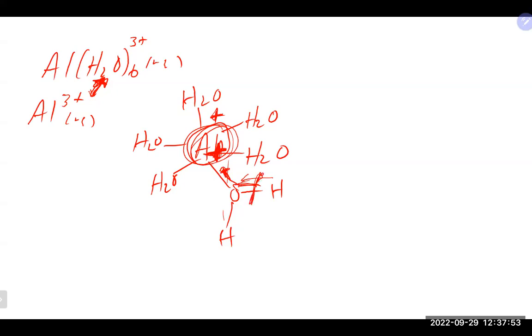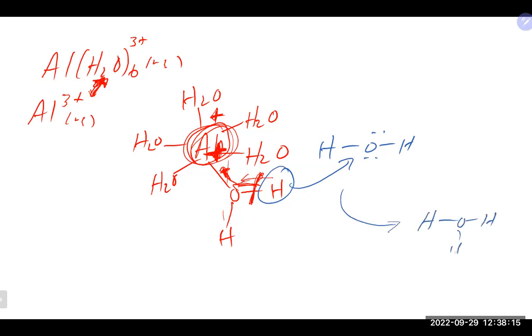That's going to weaken this bond pretty good. And what's going to happen in this situation is just a regular water, a plain H2O, is going to roll through and take that H off of that guy. And when it does, that is basically how we would produce our H3O+,